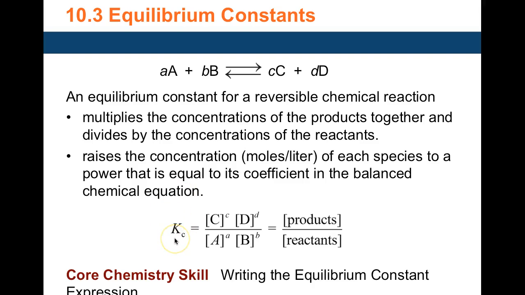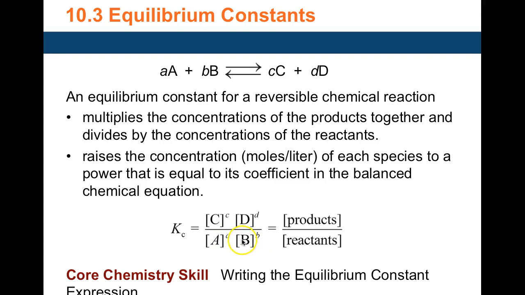This was derived by two scientists called Goldberg and Waage, and you can look them up online. And there's a bit of complicated math like calculus involved that led to this derivation. However, for the purposes of this class, this is how we can define it. It's the concentration of the products, all right? So you multiply the concentrations of the products raised to their individual coefficients and divided by the concentrations